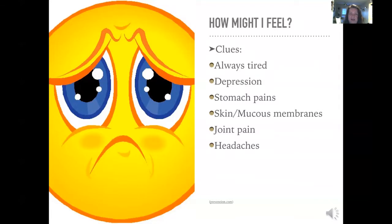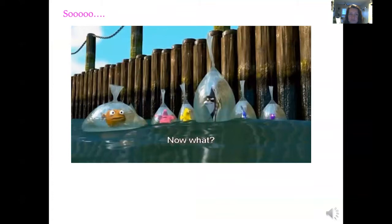Joint pain and headaches are also a good inclination that something might not be right with your inflammation responses in your body. Right, so now what? Well,